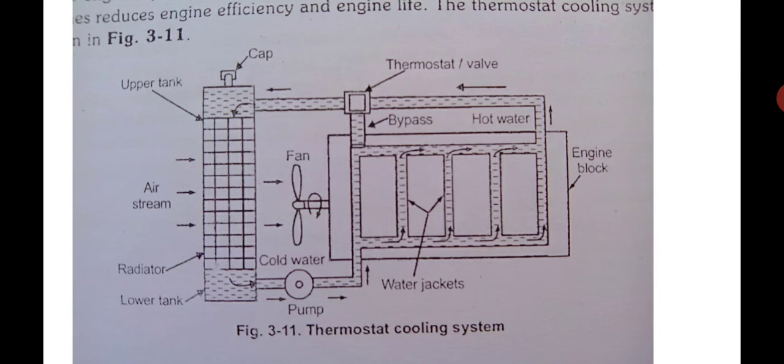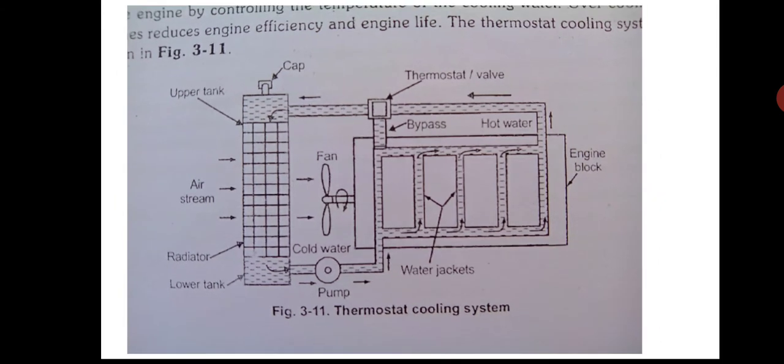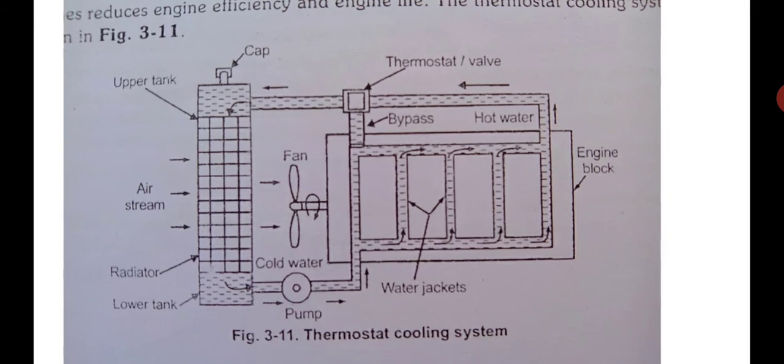Now there are two more components you have seen. First, you have seen in the thermostat cooling system that you have got a pump, and second, you have got a thermostat also. Now this thermostat is like the iron box you have at home. In an iron box there is a temperature control knob. Whatever temperature you want, you set that, and when it attains the temperature, the supply is stopped. When the temperature falls, again the valve is open. That is also a thermostat. So here also it is like a temperature sensitive switch.